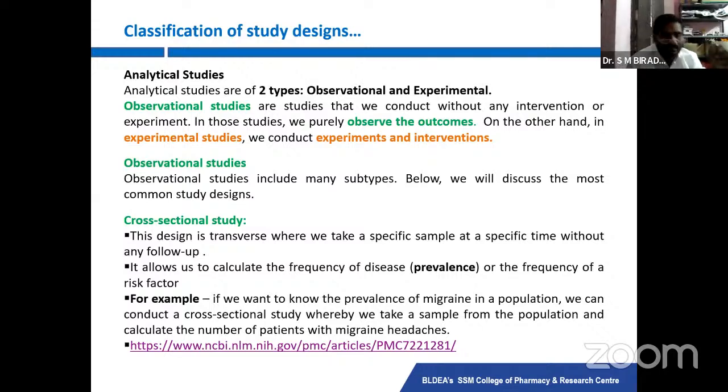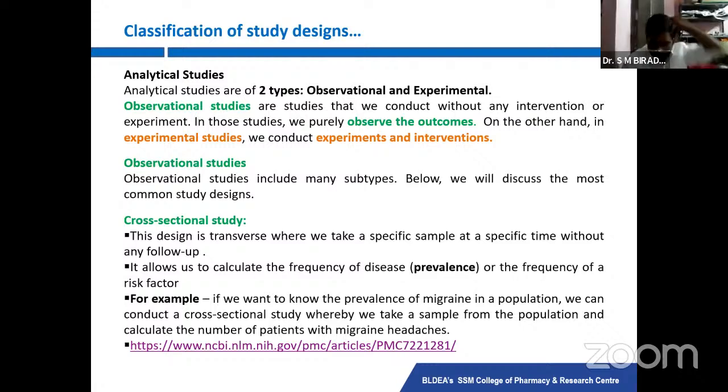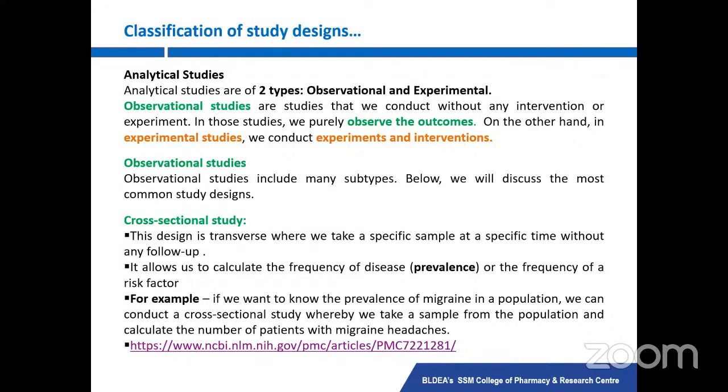So we can correlate here that immobility or inactivity of a patient may be related to diabetes and stroke. This is how we need to correlate the risk factors and development of the disease in a cross-sectional study. I hope it is understood. Yes, Madhavi? Shall we move to next? Yes, sir. We can move to next.